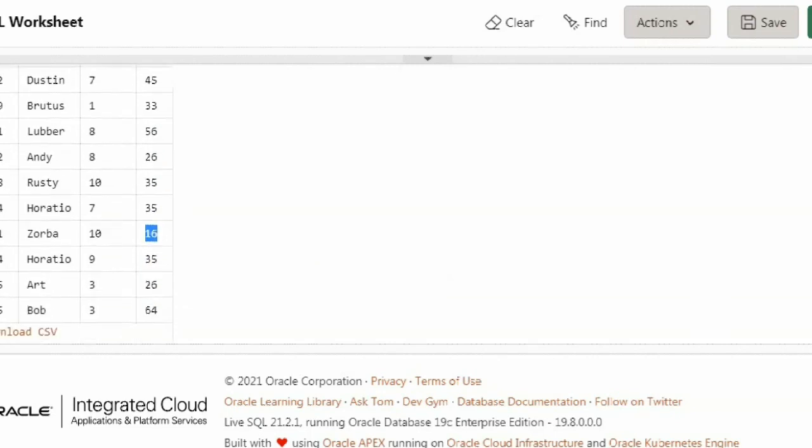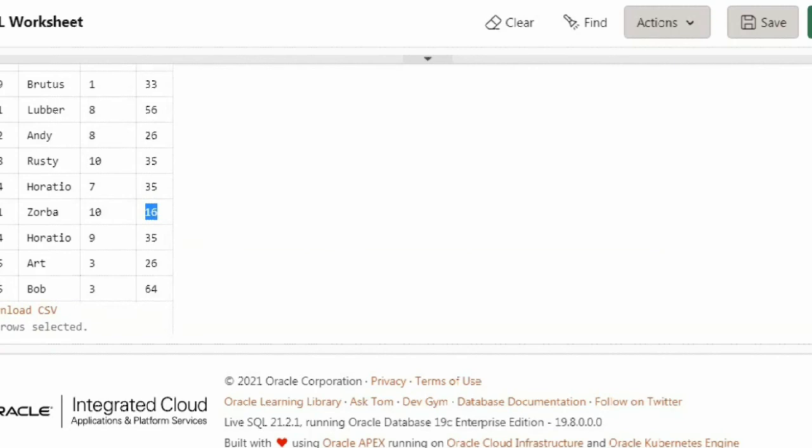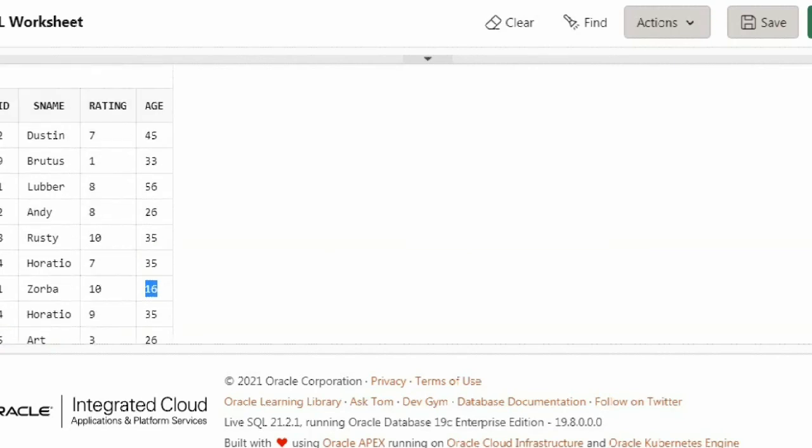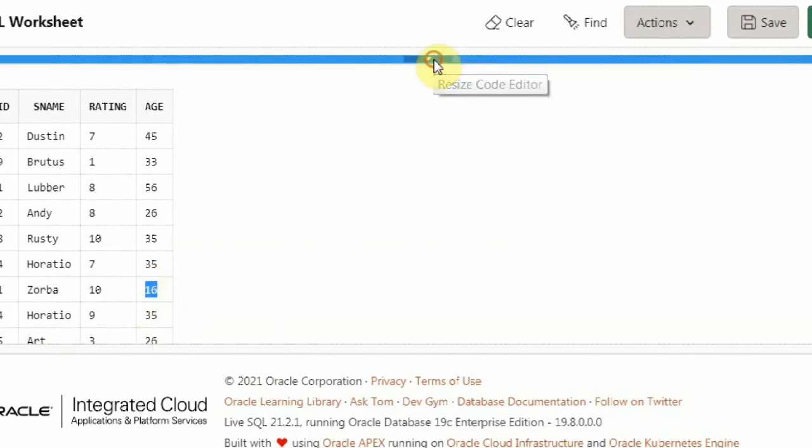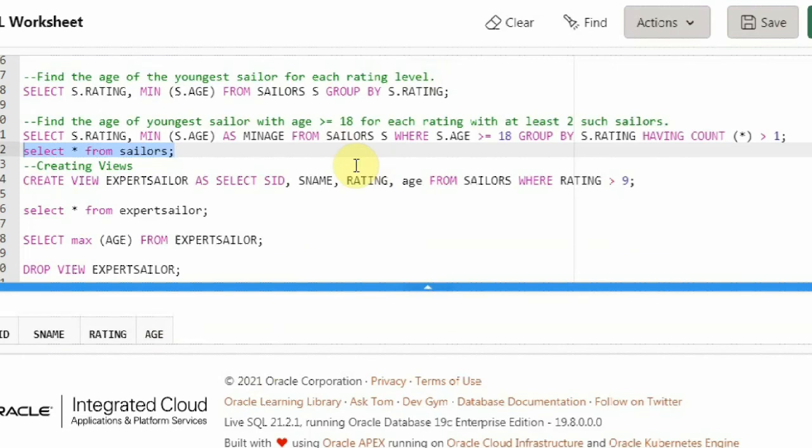There are 10 entries, and among the 10, one person is below 18 years of age. So this person should not be considered in the grouping itself. You have to remove him because we want to find the age of the youngest sailor with age greater than or equal to 18. If this person is there, he will become the youngest sailor. I don't want him. I want the youngest sailor who is above 18 years of age.